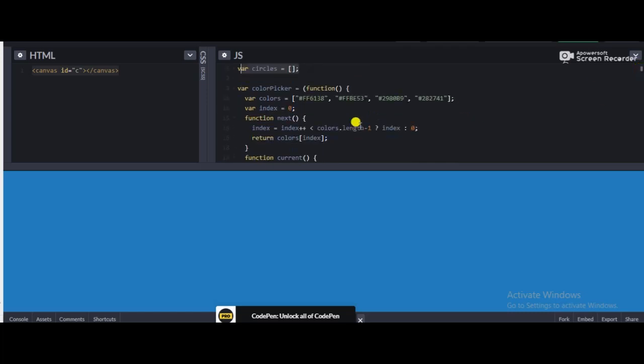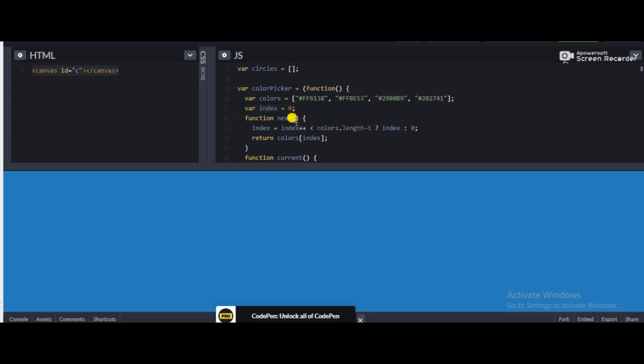After that, we just need to make a simple color picker variable and assign the function by using this parenthesis and this pattern. In the function, we just need to add a var variable like colors, and these colors are a lot of colors, like first color, second color, third color and fourth color. In a default array, there are values at index 0, index 1, index 2, index 3, and now we just add an index, by default 0.